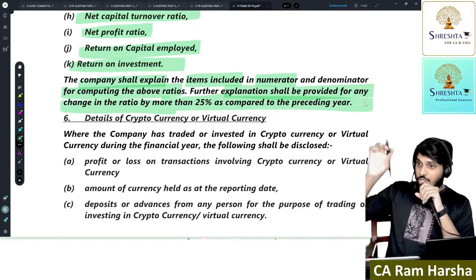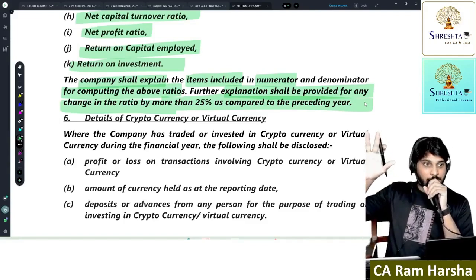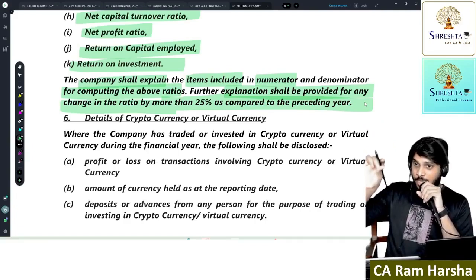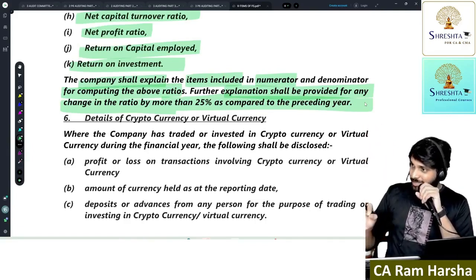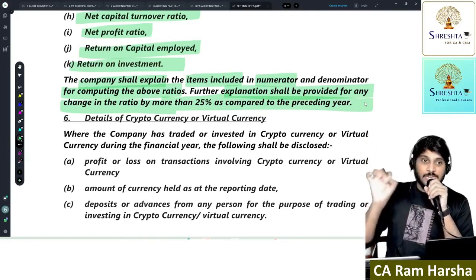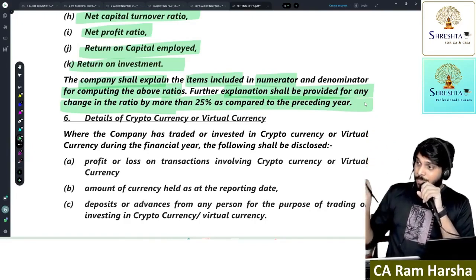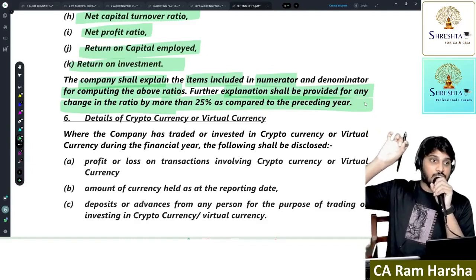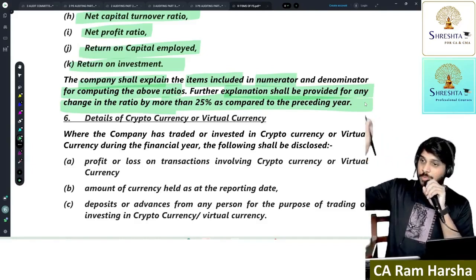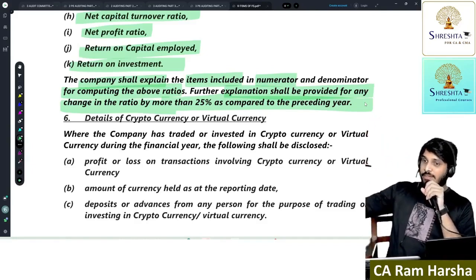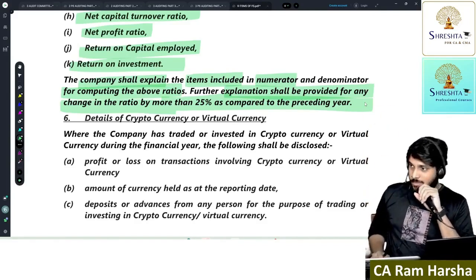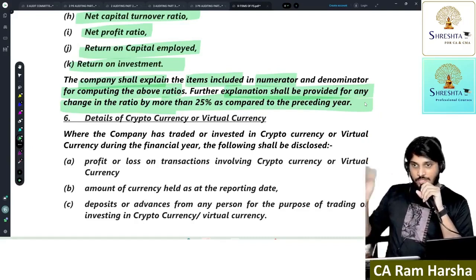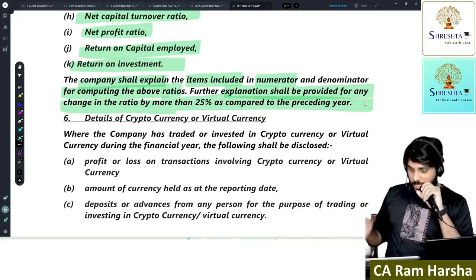And not only ratio, percentage or number if you disclose, it is not enough. You need to mention numerator and denominator, how the numerator arrived, how the denominator arrived. You need to mention that. Further, company has to disclose reason why there is a substantial change compared to previous ratio. What do you mean by substantial change in this? 25% or more. Understood or not? Hey, what happened? Have you seen all this? That's why I'm taking you directly from study material.